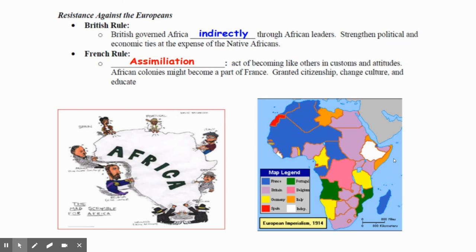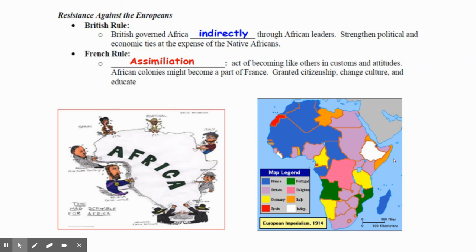When you talk about the French, they ruled by assimilation. Assimilating basically means that you try to introduce your culture to these new peoples, and over time, they are going to eventually speak your language, follow your religious traditions, follow your political traditions, and the next thing you know, they're going to be just like the French. Well, it's not as easy as it sounds. So, needless to say, the African colonies might have adopted some of the language, but as far as culture and things like that, that's really hard to change. So, needless to say, it sounds great in principle.